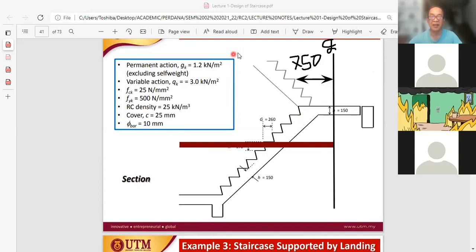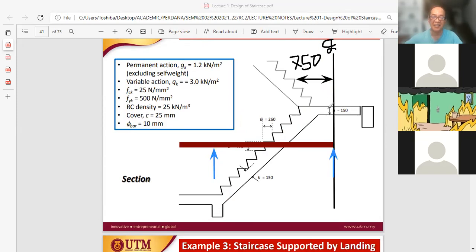Now I have my supports here. My blue support, let's use blue. Blue support. That's my support. I have one support over here representing the beam below, and another support here representing the center line of the landing. So the landing is now becoming a support. So these are two supports. In terms of loading, I just like to highlight that